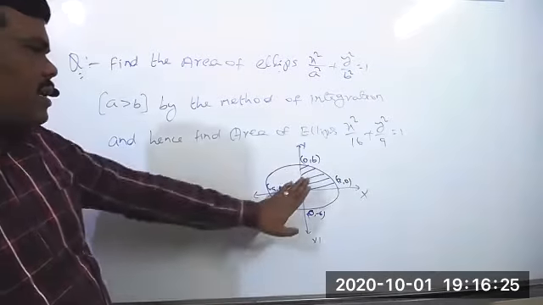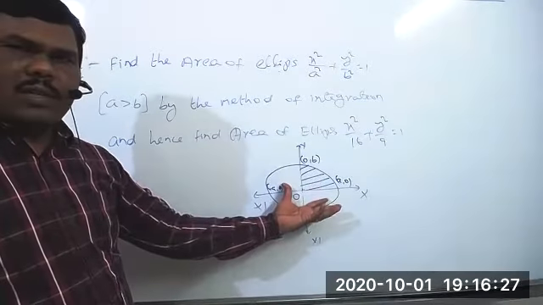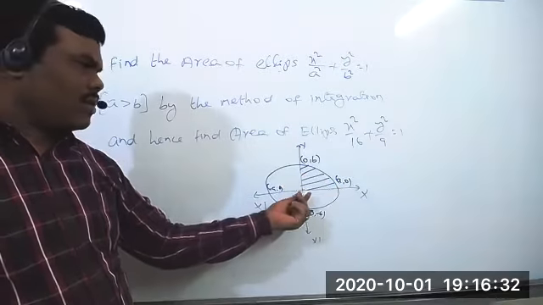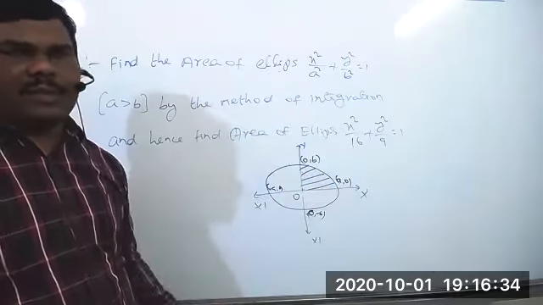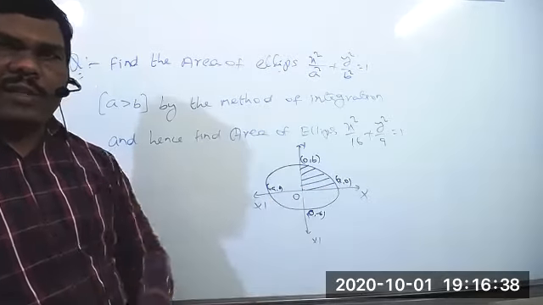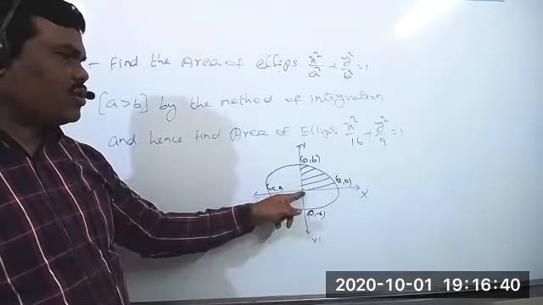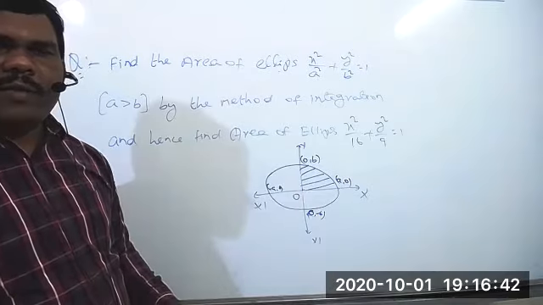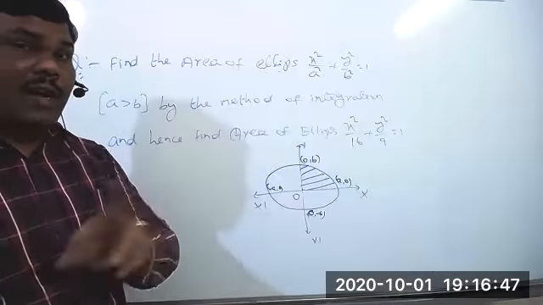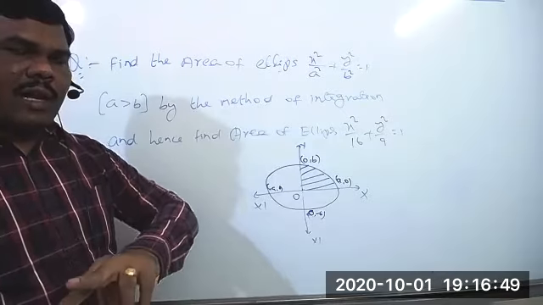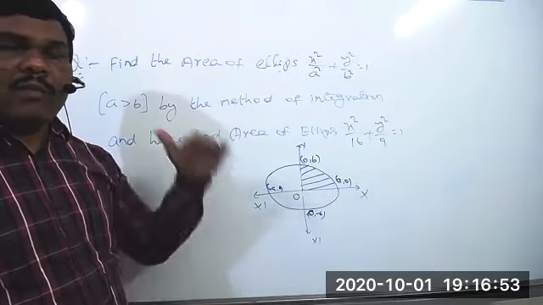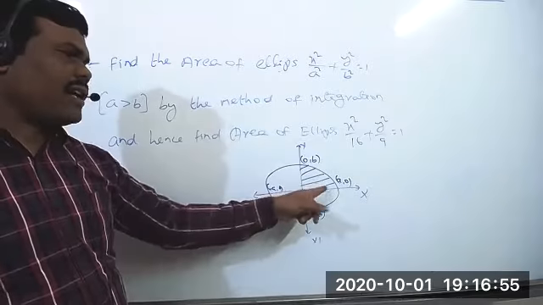So we got the ellipse horizontally, and to find this area we have to take the limits on the x-axis, from 0 to a. At that time I gave the conditions very clearly. Suppose you take the limits from 0 to b, then clearly we have to take the integration of 0 to b of x into dy. You should remember that condition. The limits we are taking on the x-axis, the function should compulsorily be y into dx.